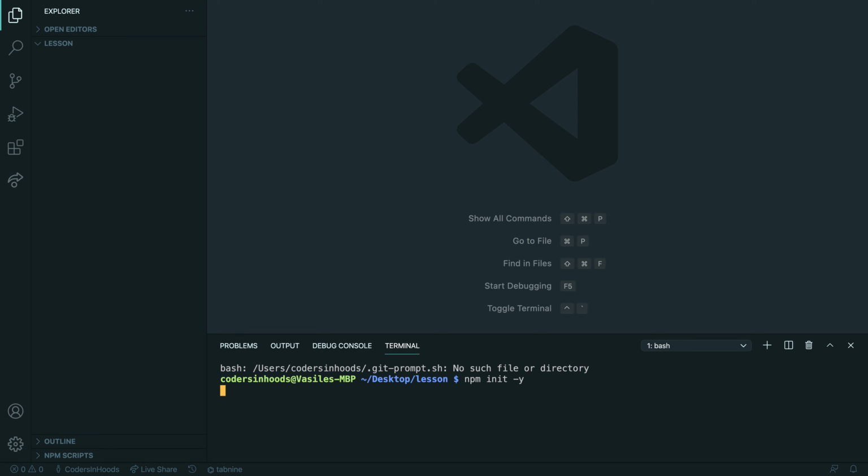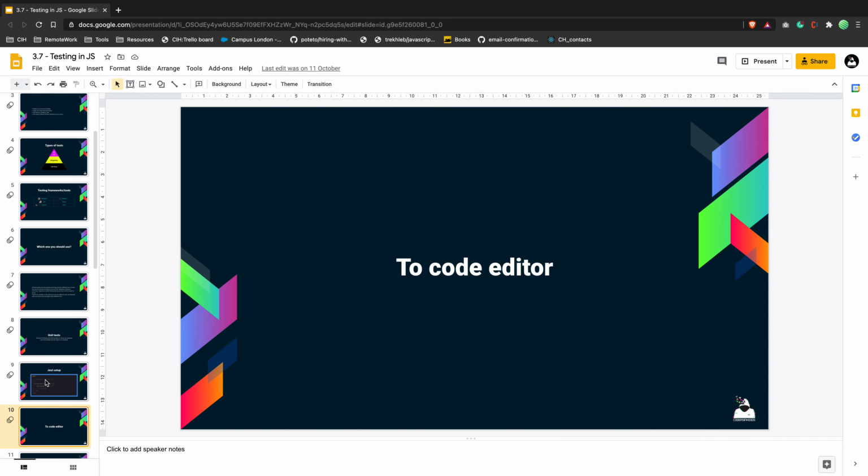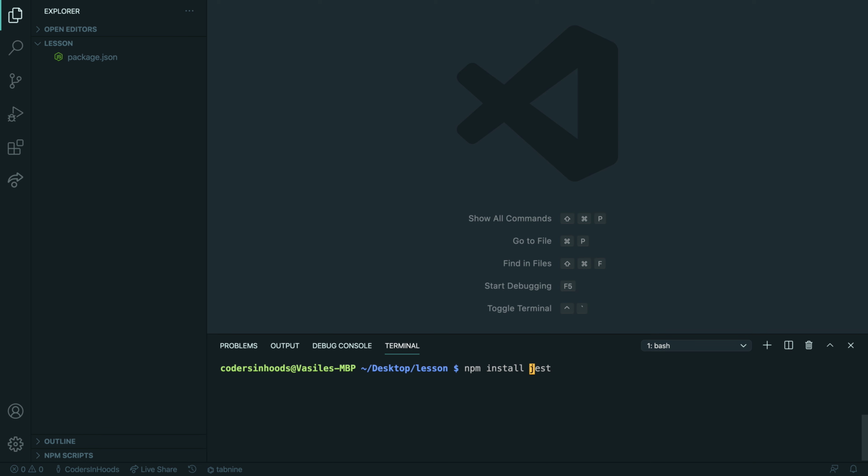npm init -y. Because you need to have Jest, you need to initialize the npm environment, then npm install jest. And we potentially want to install Enzyme. Do we want to install Enzyme for our case? Nah, we don't. So --save-dev.